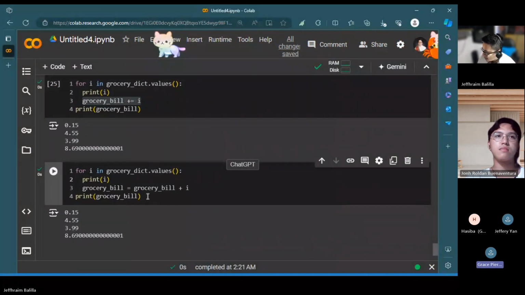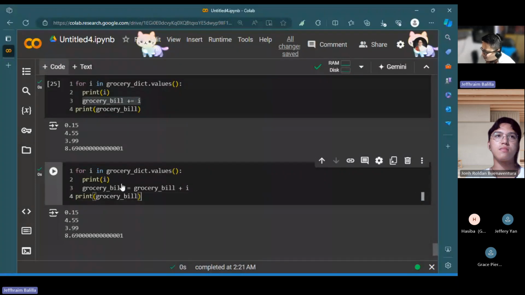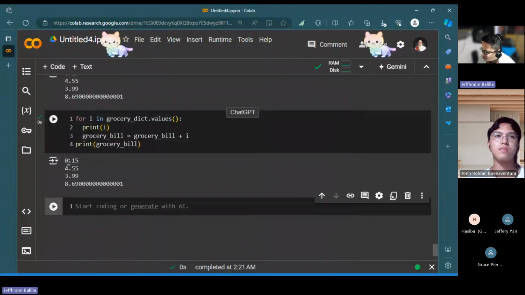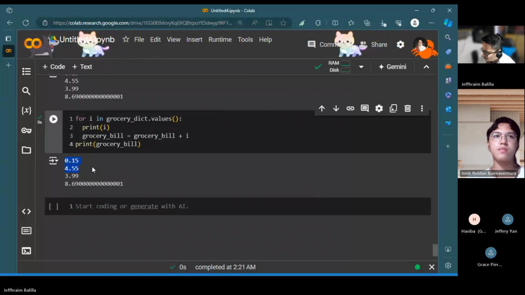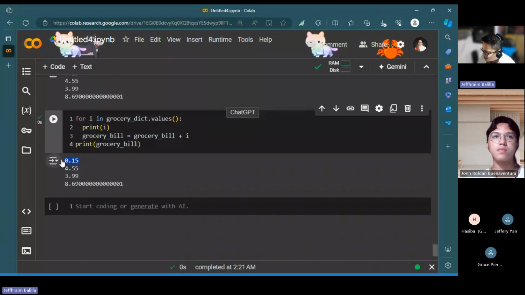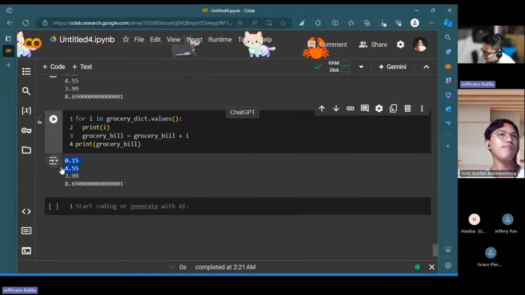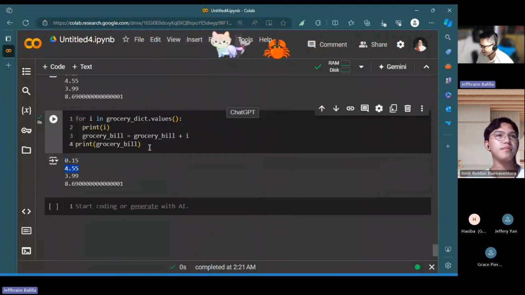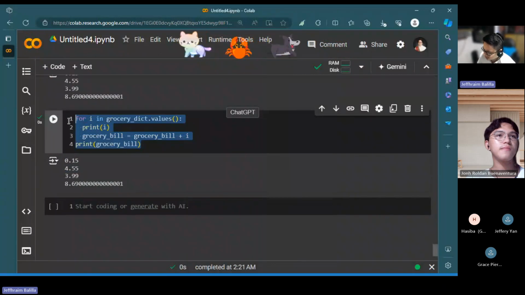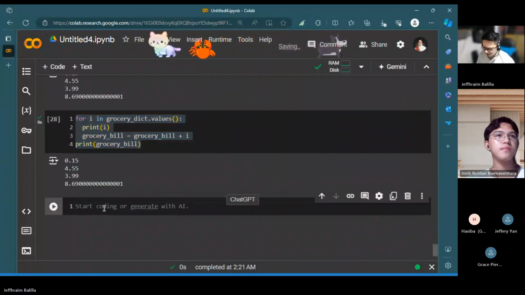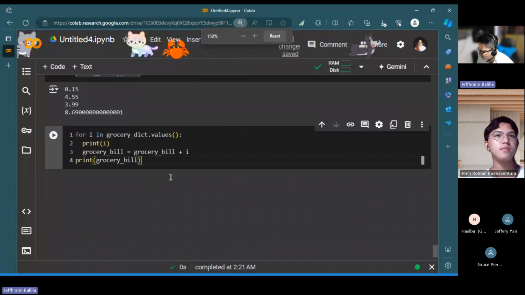Now, what I want to do here is I want to see how the total evolves. With the first iteration, I want to see the total grocery bill, and then after we added the price for cheese, and I also want to see actually the name of the products here. So let's see.